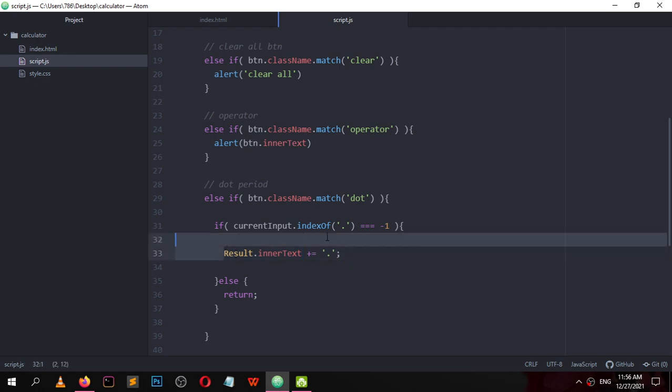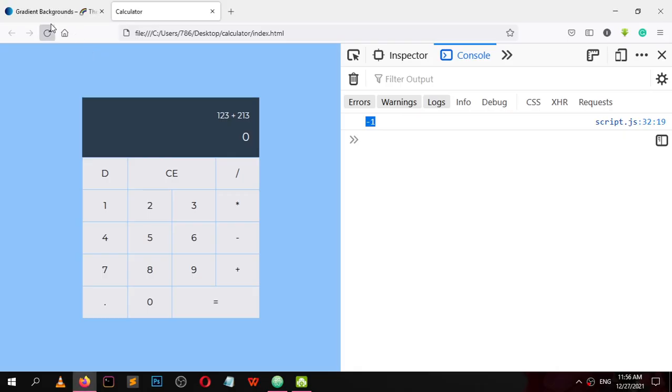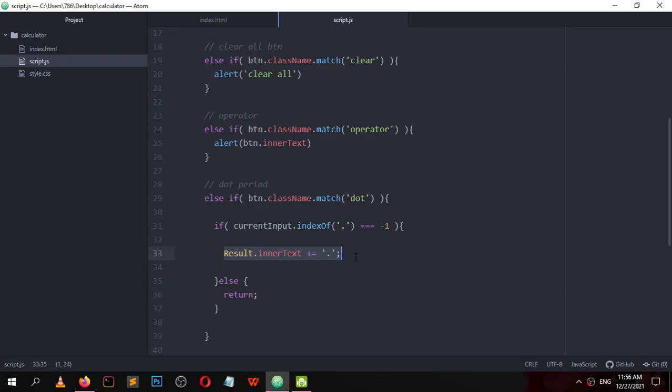Now reload 5 6, now the dot came and the dot is gone because we haven't set up current input plus equal this dot. We have to set this line.